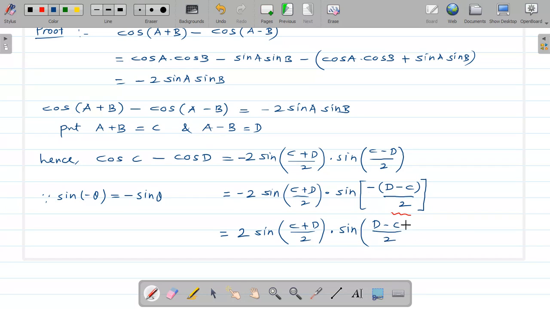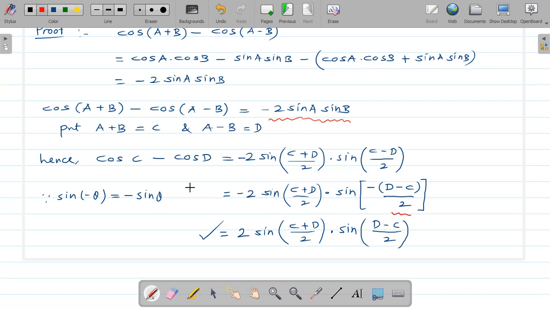Take that minus sign outside because of this trigonometric relation, that is sine of minus theta is equal to minus sine theta. Just adjust C minus D as D minus C by taking the minus sign here, and that minus sign you can take outside, and that's why it becomes minus minus plus. So you can use this form also. But if you subtract cos (A plus B) and cos (A minus B), then you will get this combination, that is minus 2 times sin A into sin B. And if you want to remove that minus sign, then it can be removed by adjusting the angle like this.